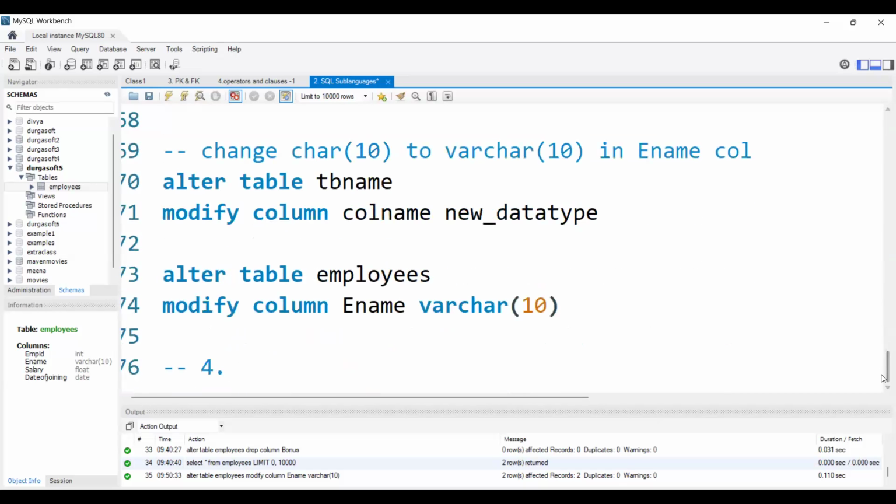So likewise, inside the alter command we have the fourth use case.